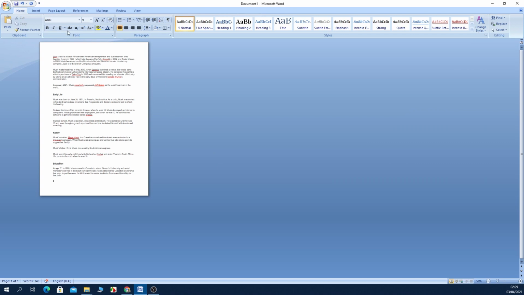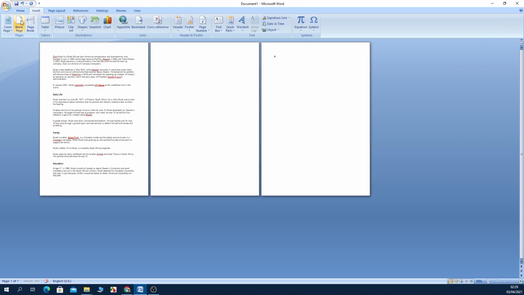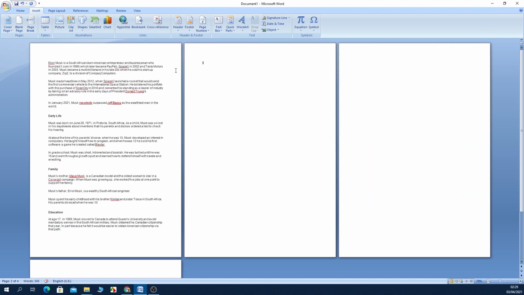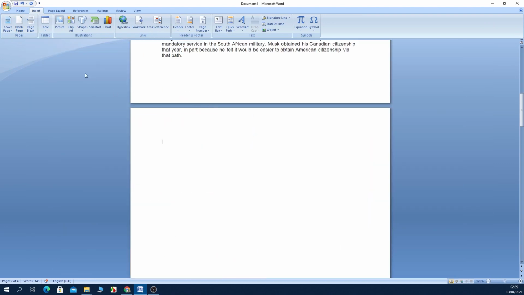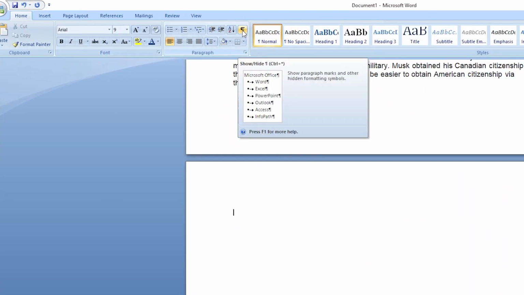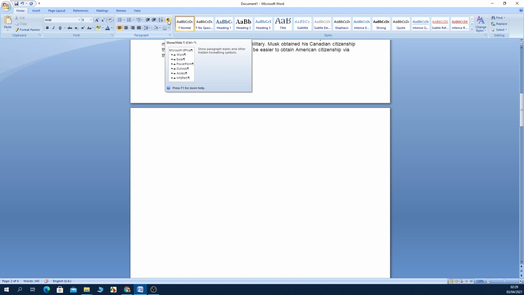Now let's say that you couldn't do it that way, but don't worry, there is another method. What you need to do is go to your home tab and then click on this little icon from here. This will show all the paragraph marks and if there is any hidden symbol that is causing your page not